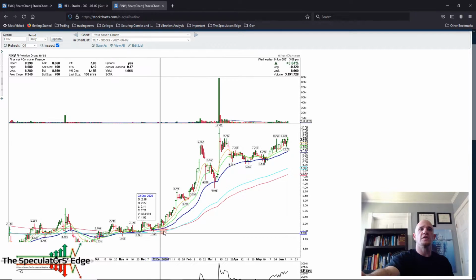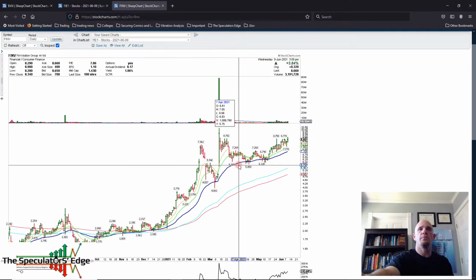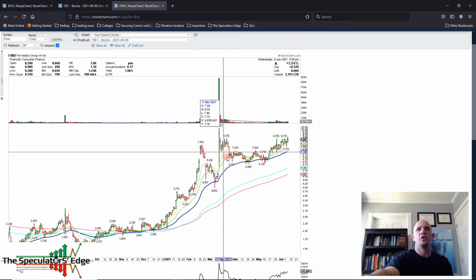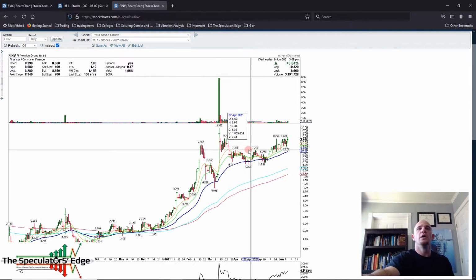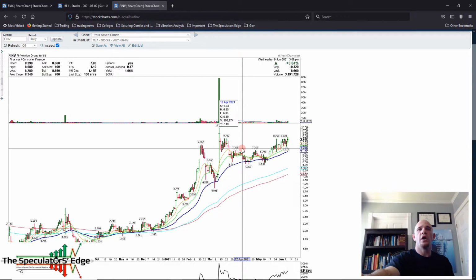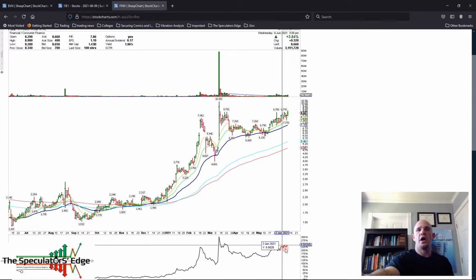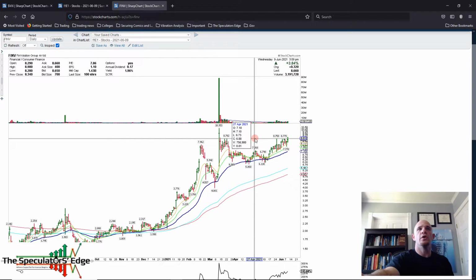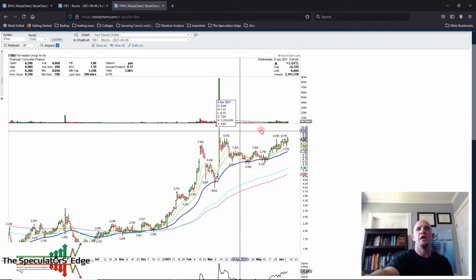Not only that, as you can see, we are in a stage 2 uptrend. We are producing what's called a cup with handle right here, or a rounding bottom, and we are in a primary base within this stock. So this stock has a lot of room to run. It's a high alpha stock, performance wise, relative to the NASDAQ and the S&P 500 as well. So just be prepared. This is not a recommendation. This could be a monster trade right here.